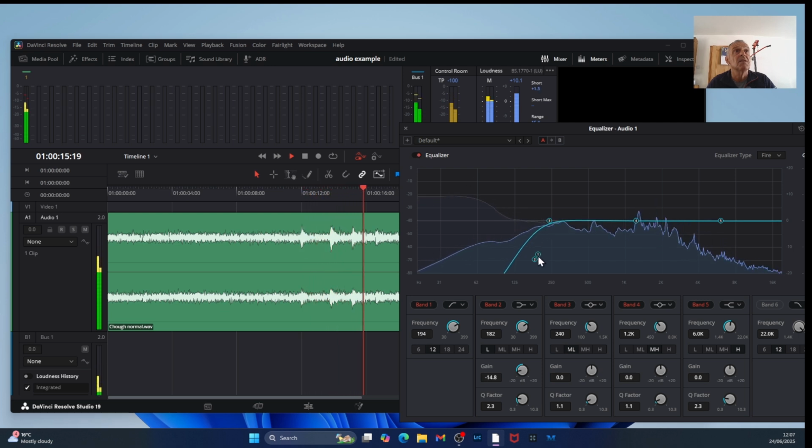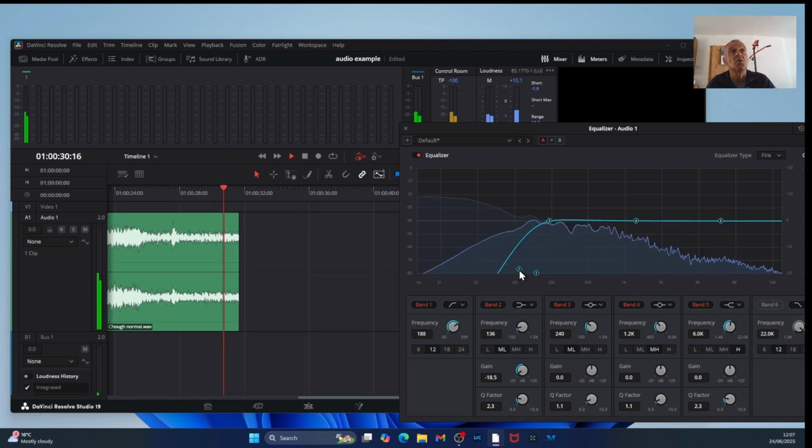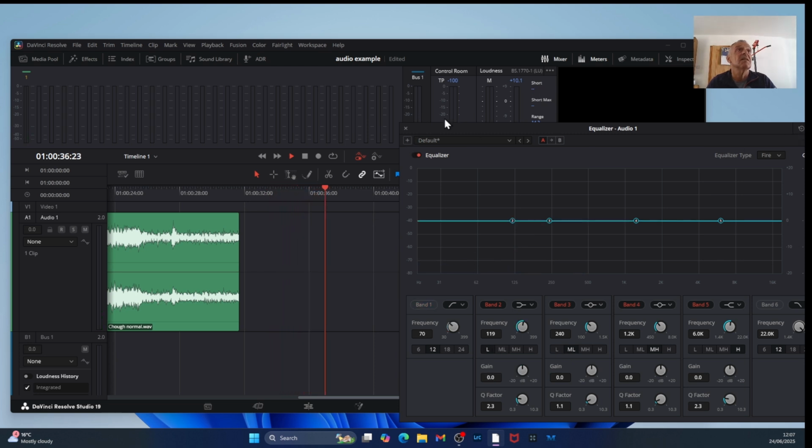Let's drag 1 down as well. The noise gets less the more of the low end we remove. So I'm going to reset that, stop that,